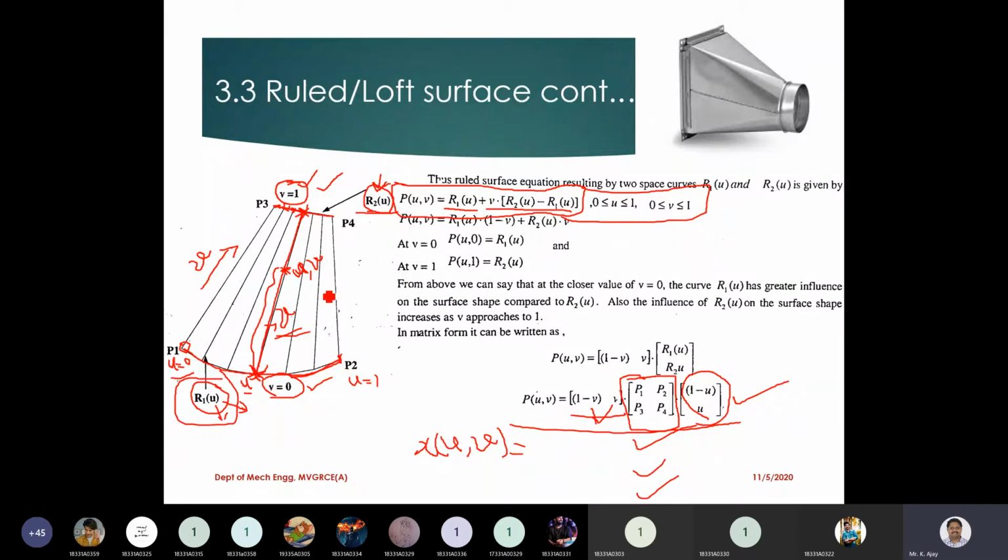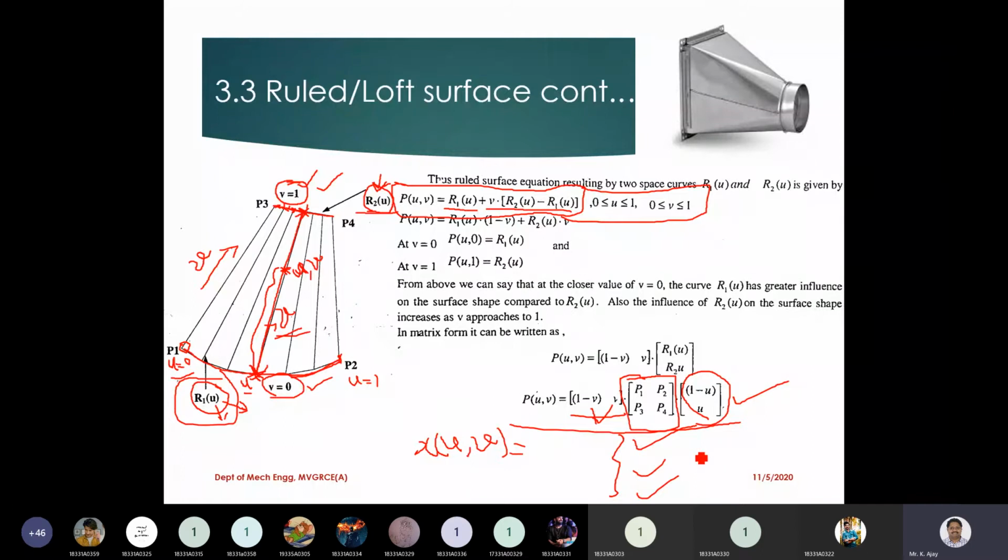Everything comes to the midpoint of this surface. In parametric space you can call it a midpoint, even though in Cartesian space it may not be exactly a centroid or center of gravity, but in parametric space any surface can be represented like a rectangle. For a rectangle you can easily identify the midpoint, right? So they can ask you to find the midpoint. If they ask, you just need to substitute u equal to v equal to 1 by 2 in all the 3 scalar equations, which will give the coordinates.